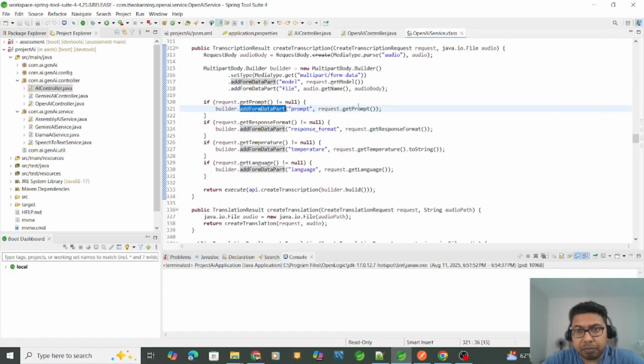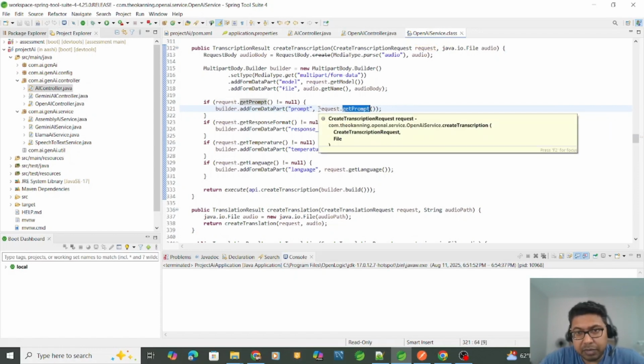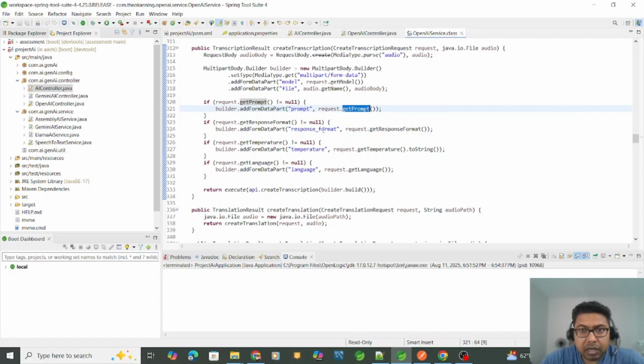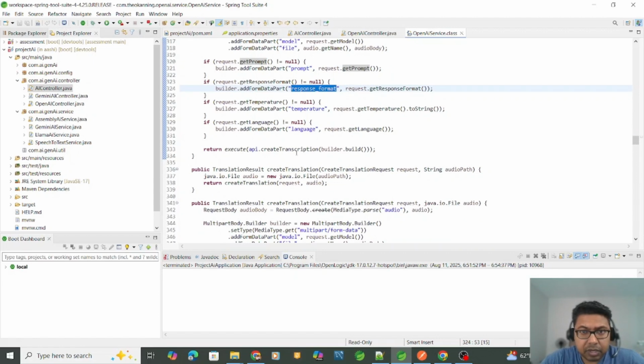Basically we don't need to pass a prompt. There is a default prompt. The request has a default prompt, so it's using that prompt, or maybe it will be an empty prompt. Response format, temperature, language, it will get set, and then it will call this api.createTranscription and execute that and return that